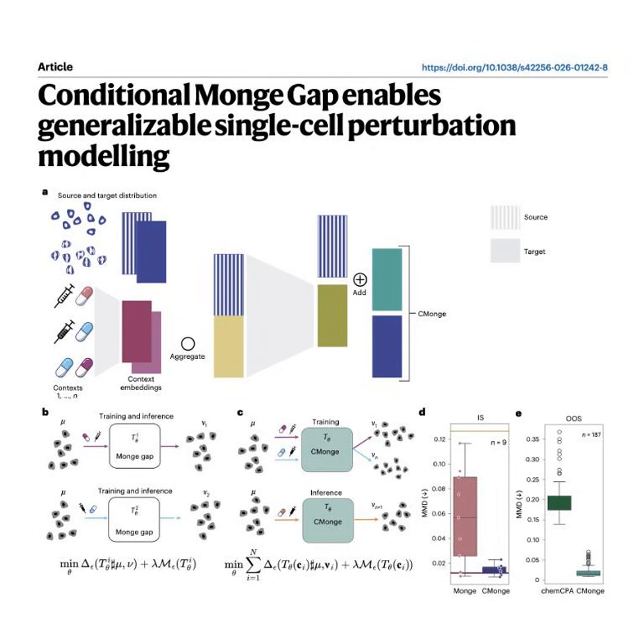That is profound. So just to make sure we're on the same page before we wrap up, out-of-sample testing proves that CMonge can accurately predict complex biological pathways like MAPK signaling from just a chemical structure it has never seen before. And crucially, it preserves cellular heterogeneity, plotting the full, diverse reaction of all cells rather than just an unhelpful average. So think about that in your own life or work. Why is it so dangerous to only look at the average result in medicine or really any complex system?